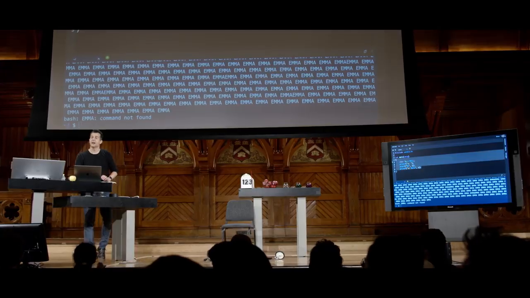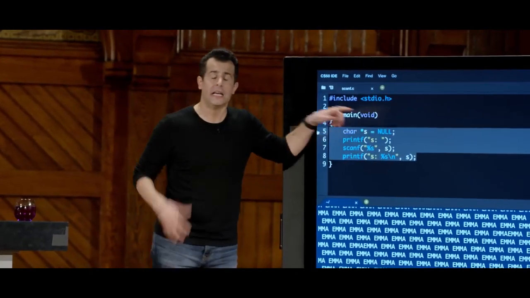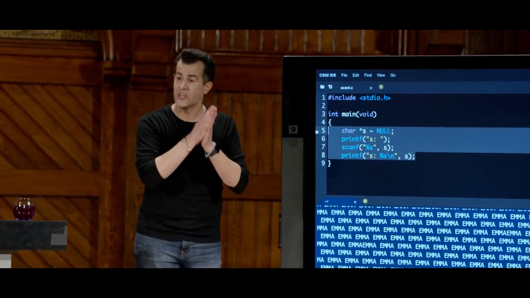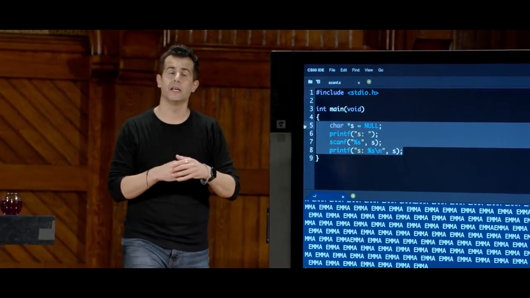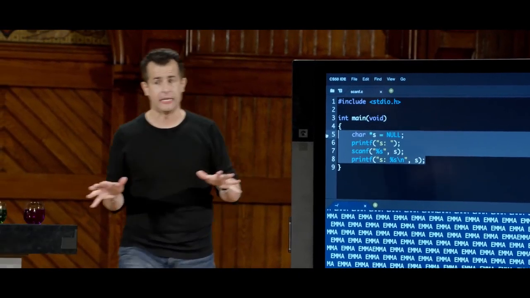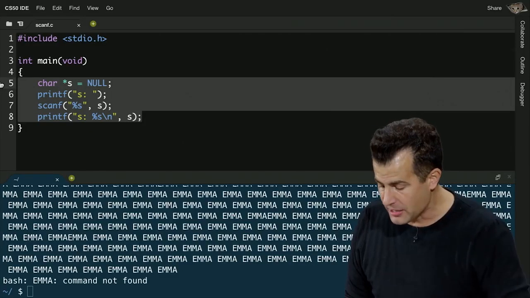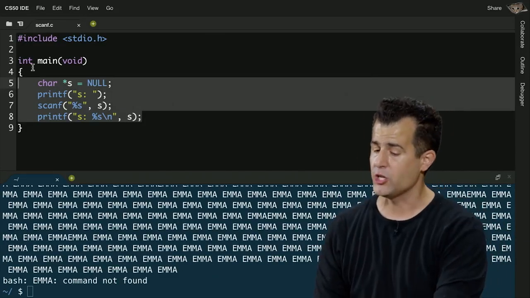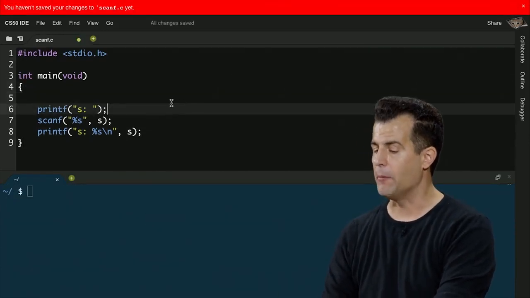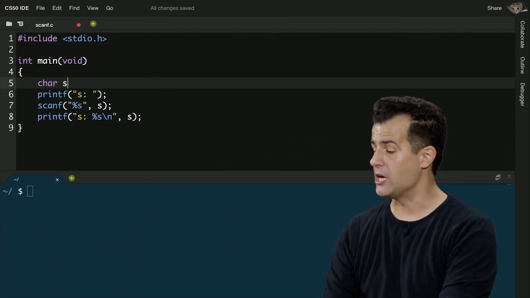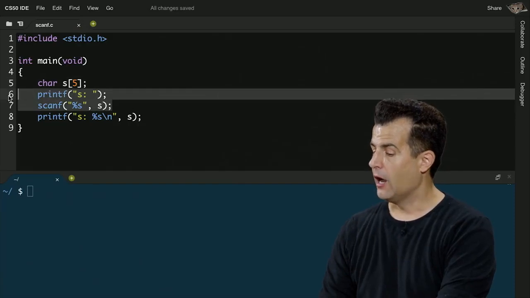So why is this not actually working? Well, you have to remember what char star s means. This means give me a variable in which I can store the address of a chunk of memory. Null at the moment is a symbol that means like there is no memory allocated yet. So technically speaking, I've not actually allocated any memory for Emma to actually be stored in. So really what I should be doing is something like this. If I know in advance, a little presumptuously, that the human's going to type in Emma, let me go ahead and give myself an array called s of size 5, and then pass this in on line 7.